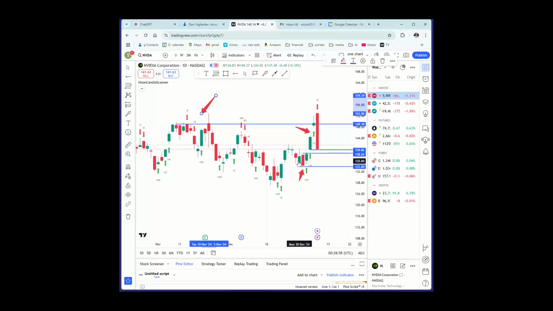Isn't this a red wrapping around the green? Why isn't that a bearish engulfing pattern? Why didn't NCS pick that up as a bearish engulfing pattern? Because the trend was wrong. A bearish engulfing pattern has to come after an uptrend. Was this an uptrend? No. And one of the things that NCS takes into account is trend, and this really echoes the importance of getting the correct education, whether you use NCS or not. If you use NCS, you would know this is not a bearish engulfing pattern, but even if you didn't, with the education you'd know a bearish engulfing pattern has to come during an uptrend. So you would not be selling it here.